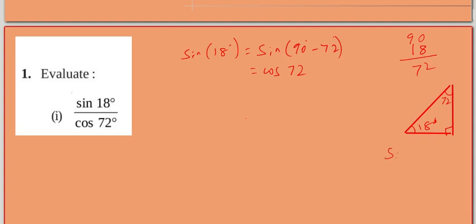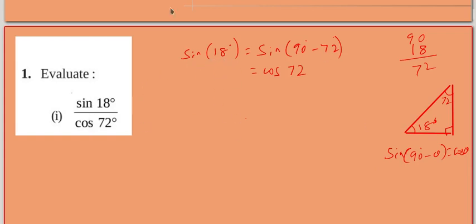So sine of 90 minus theta is cos theta. Cos of 90 minus theta is sin theta. Secant of 90 minus theta is cosecant theta. Cosecant of 90 minus theta is secant theta. Cot of 90 minus theta is tan theta. Tan of 90 minus theta is cot theta. For tan, cot, cosecant, secant, sin, cos, these are all the pairs. So here we have sin and cos only.